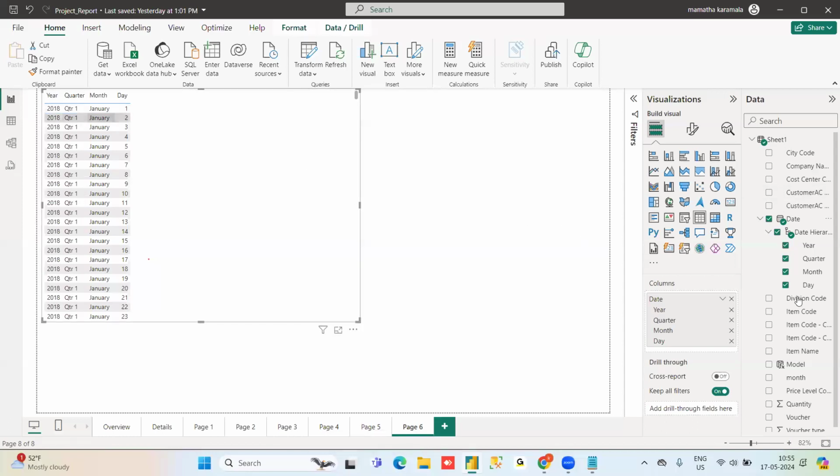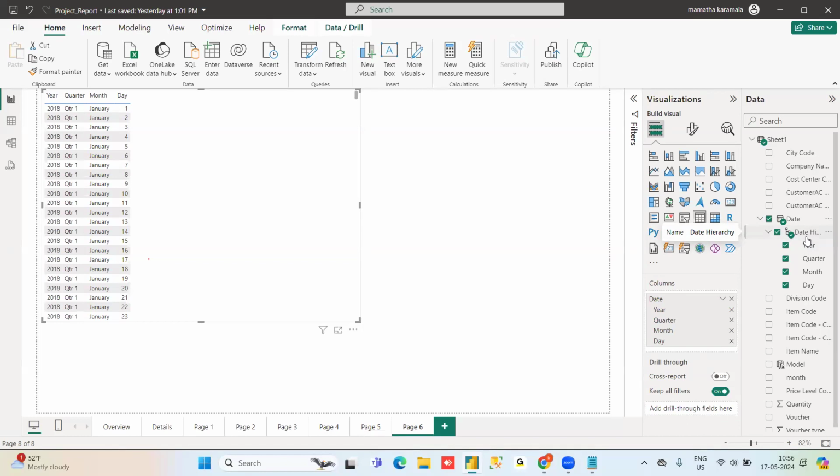See, I have a date field based on a hierarchy. This is the date hierarchy. We have seen hierarchies, for example country, regions, states, cities downstream.